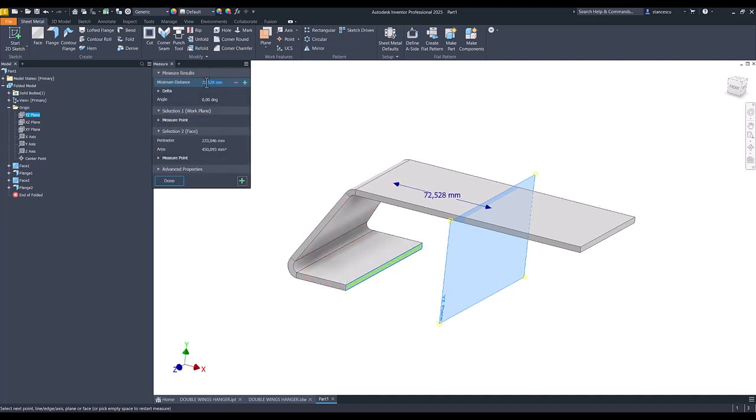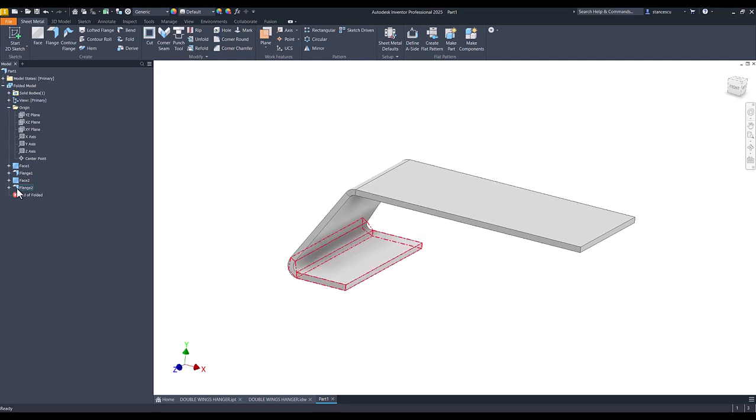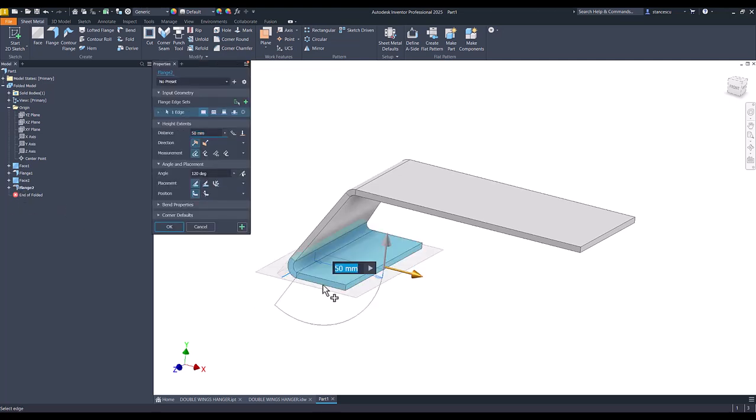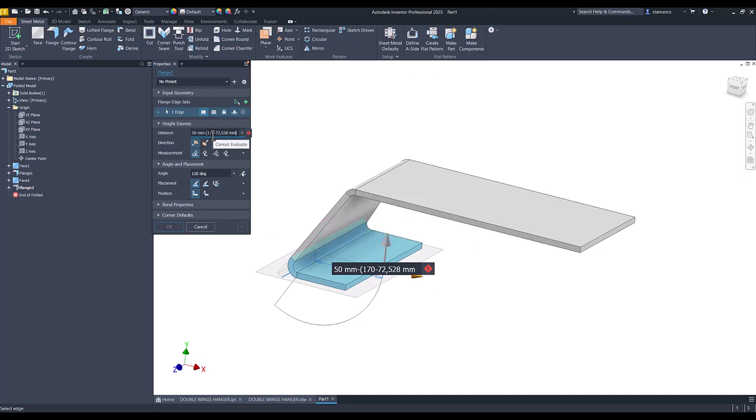We copy this value, we go back to the model, escape, double click on flange, and now we place here 50 minus 170 minus paste that value multiplied by 2,